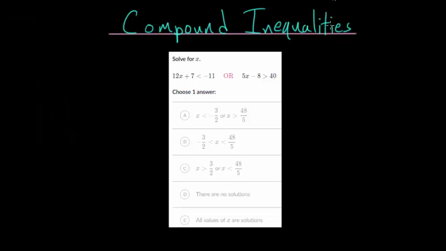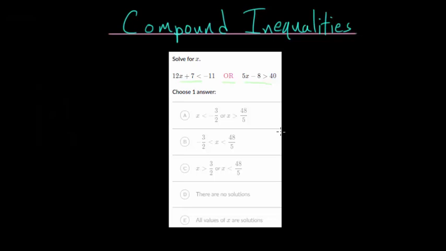In this video, I'd like to talk about the concept of compound inequalities. With these inequalities, you're going to be given two separate inequalities and then either an or statement or an and statement. So the general strategy for solving these inequalities is to solve both of these inequalities at the same time. And then what I'll do next is put them both on a number line and essentially just figure out